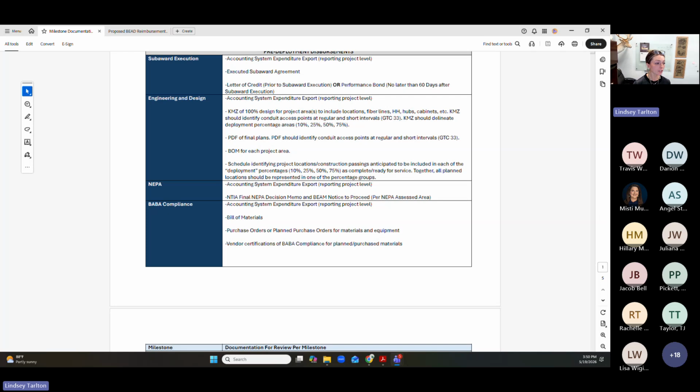We're going to need the purchase orders or planned purchase orders for the material and equipment that you're needing for the program and for that build out, so that we can check that they are in compliance with the BABA requirements. And then any vendor certifications that they are BABA compliant, or any type of attestations, we can go review those as well.